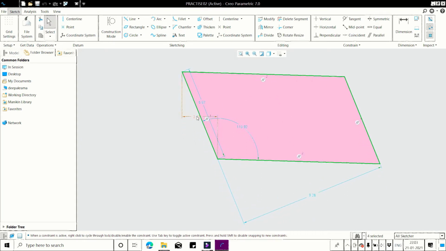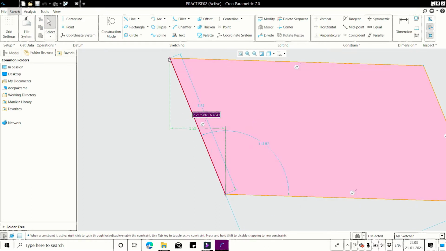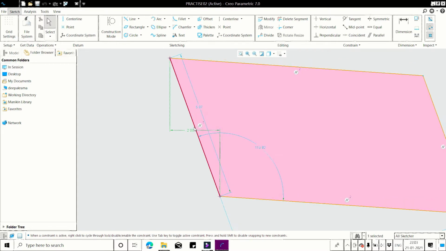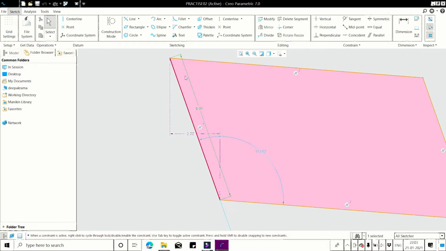Give the dimension, the distance between the first point to the second point of the same line. I will give it as 2. Next one is the length of that fixed line. I will give it as 6.